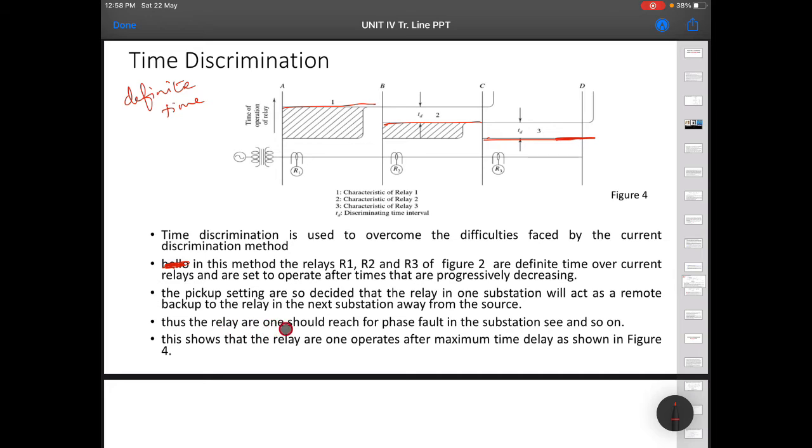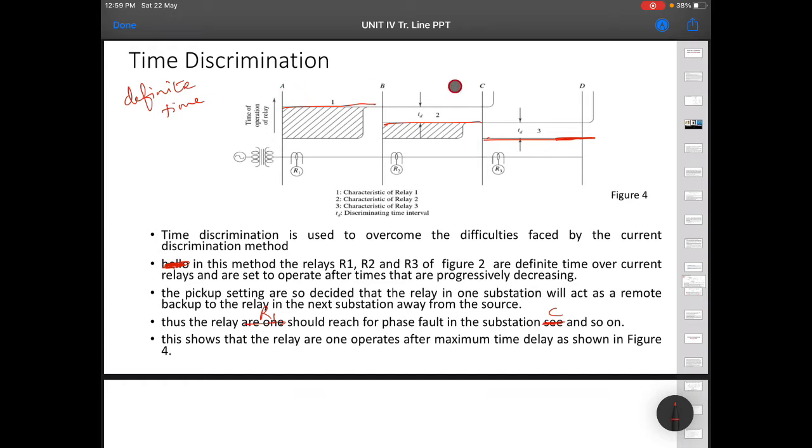Thus the relay R1 should reach for phase faults in substation C, even up to the point C.